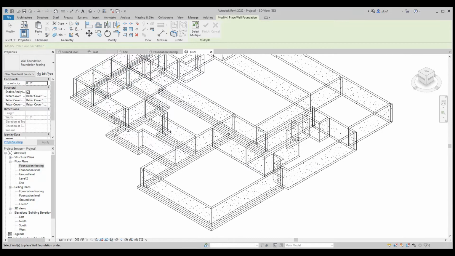Over a wall and it's blue, then it doesn't have a footing.